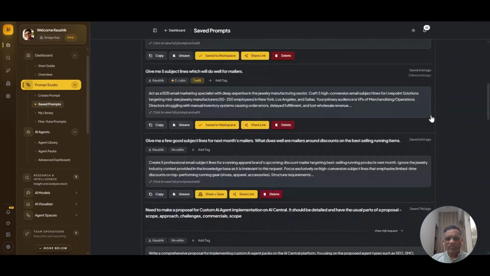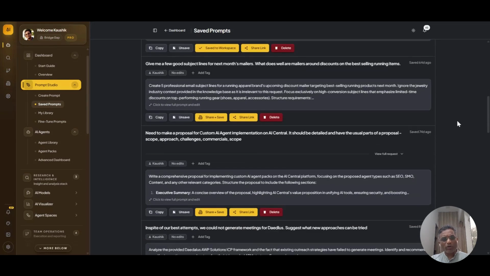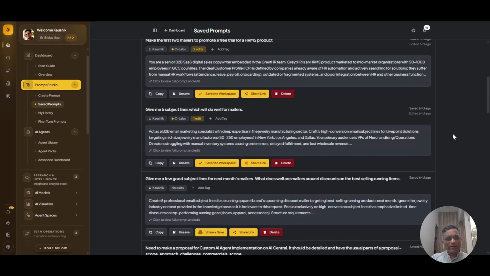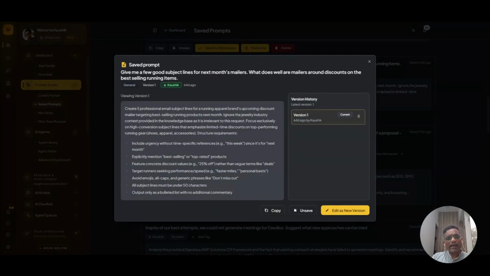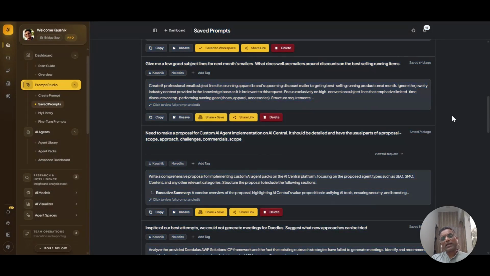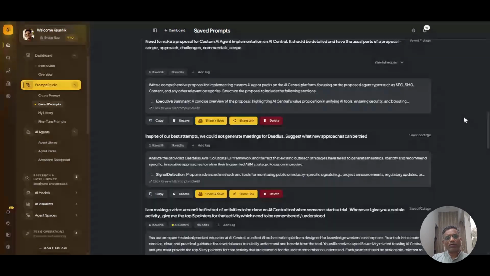The second would be prompts. Remember, in a lot of cases, when you start improving the prompts, those prompts become the main prompt which is used in any kind of end-to-end agent, right? So it typically starts with prompts. So make sure that you have good prompts, and at AI Center you can always edit prompts and you can have various versions of those prompts. So that is a great way of codifying your knowledge.